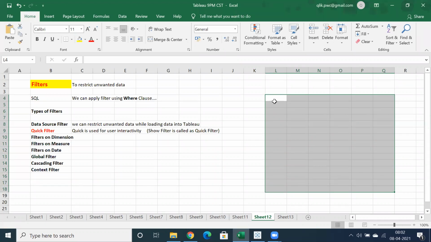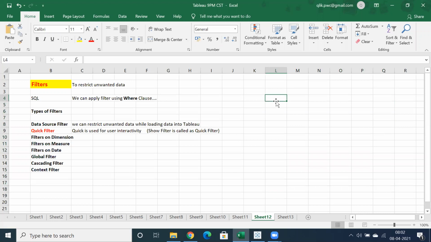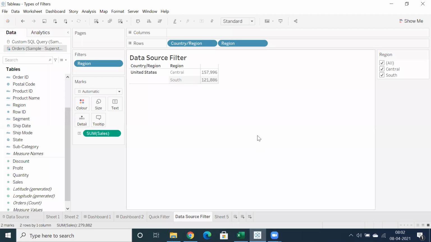I just want to load only US or Canada or Germany, some specific countries. You can choose those countries. You can choose the year as well. Let's say you have 30 years of data, but this analysis is just for the last 10 years. You can choose 10 years of data. You can restrict while loading the data into Tableau. Okay, makes sense.